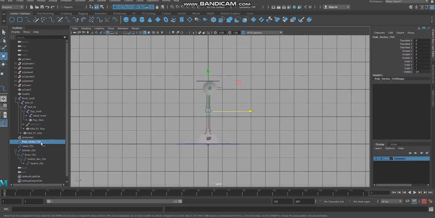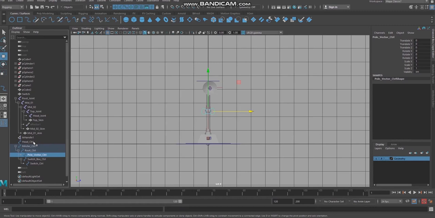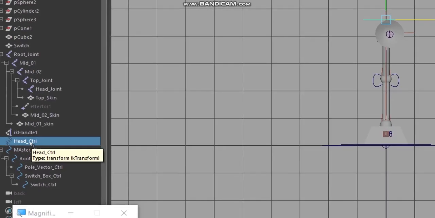Okay, bring the pole vector control under the root control, and again head control is there. Click the middle mouse button and hold it and bring the head control under the root control.